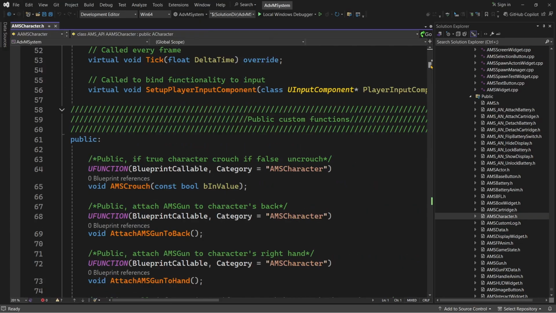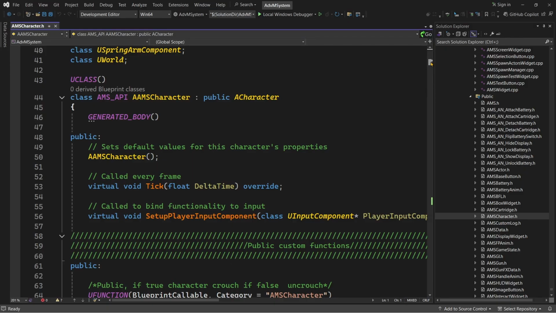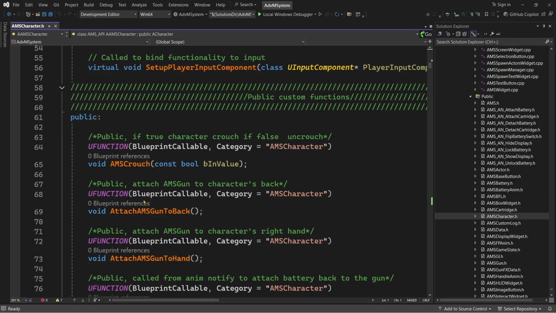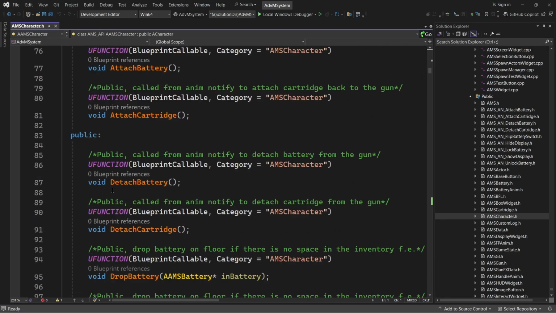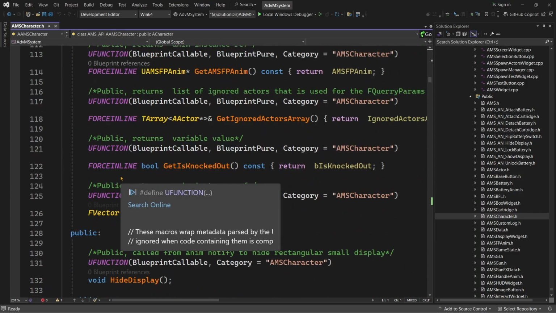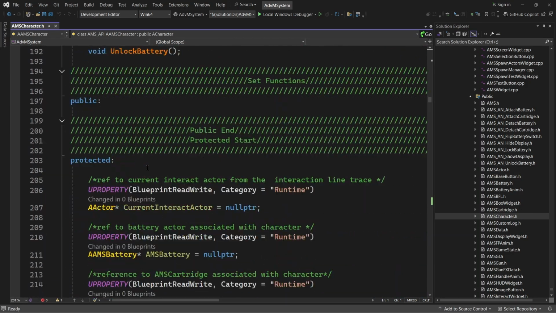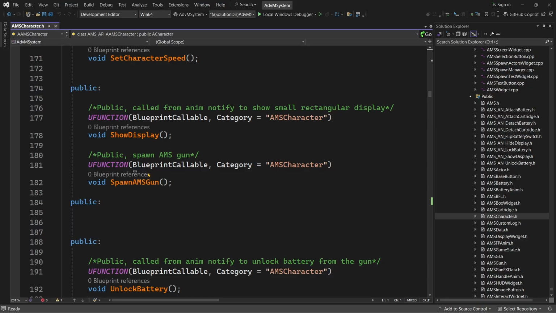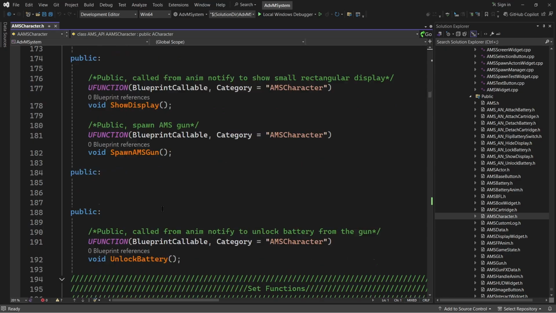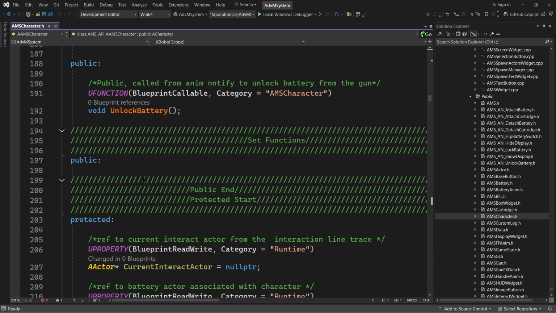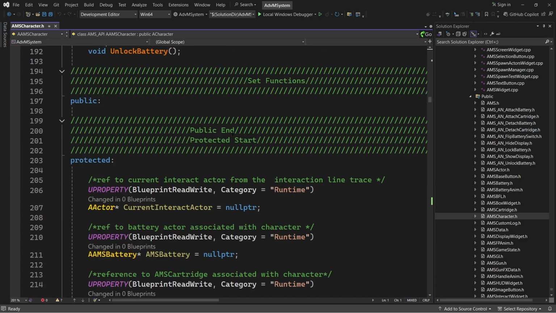I want to highlight the rule of thumb I'm using in the structure of the C++ code. It will always start with the public section of functions. Then after the public section of functions, there would be public sections of variables, as we scroll down, and it's all alphabetically ordered. I always put a new section, so when I'm looking for something, I like to have it alphabetically ordered in the .h file. Once the public section ends,